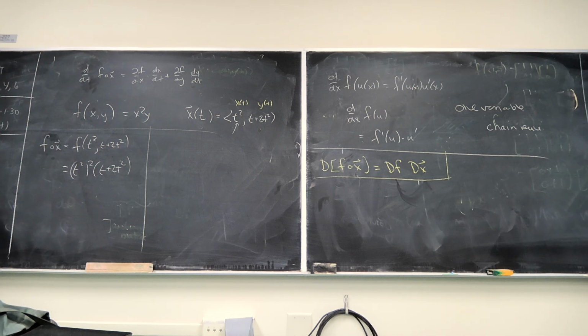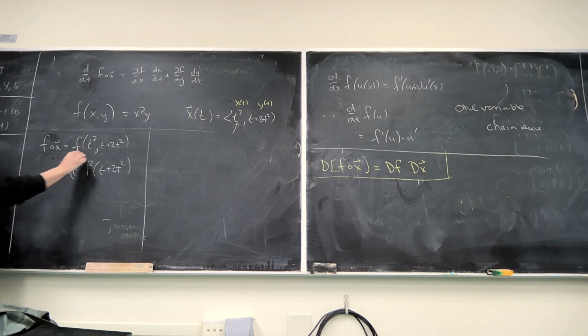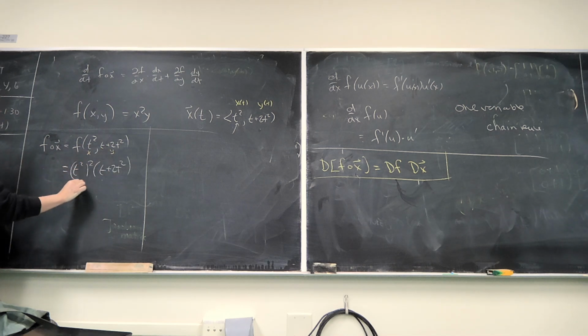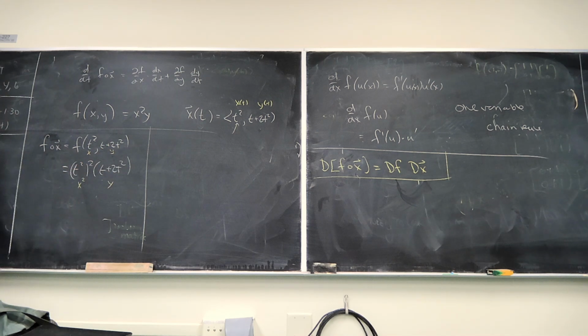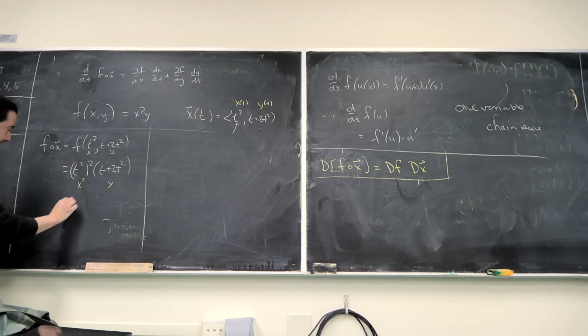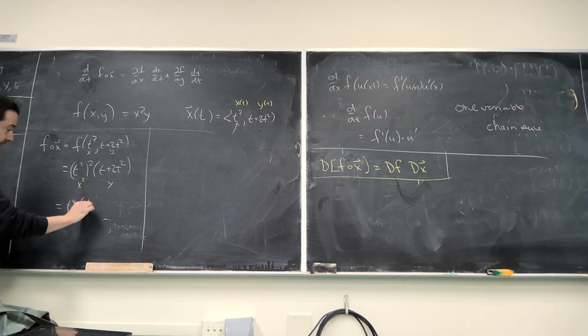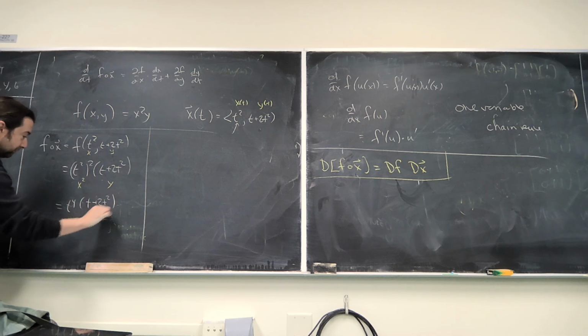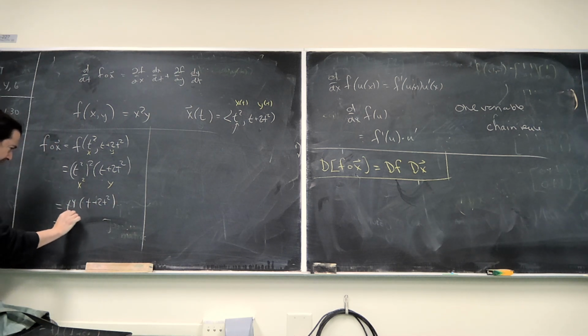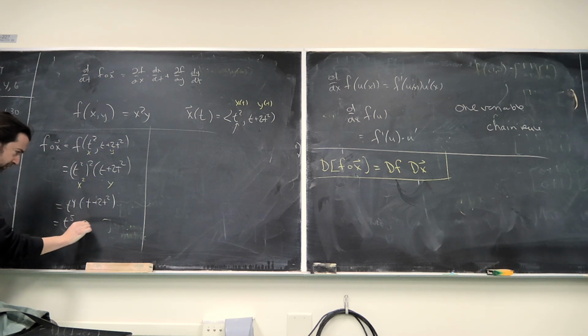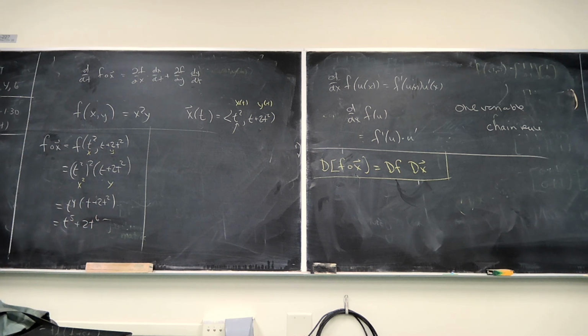x squared y. There's x, there's y. This is x squared y. So you could just keep multiplying this out. So t to the fourth times t plus 2t squared, which is t to the fifth plus 2t to the sixth. And so if you wanted to calculate the derivative of this,